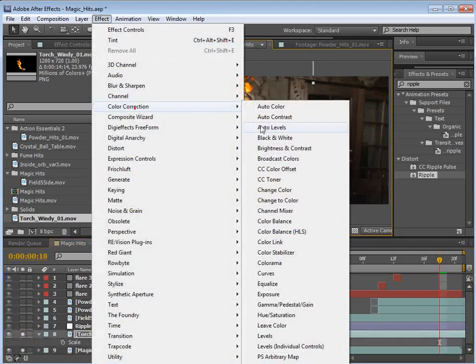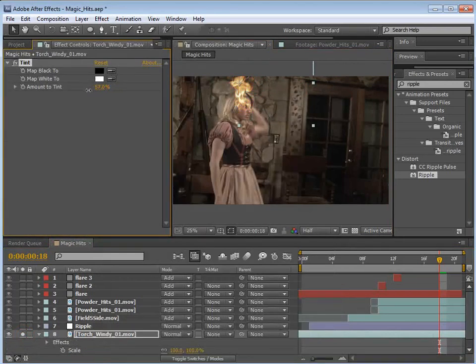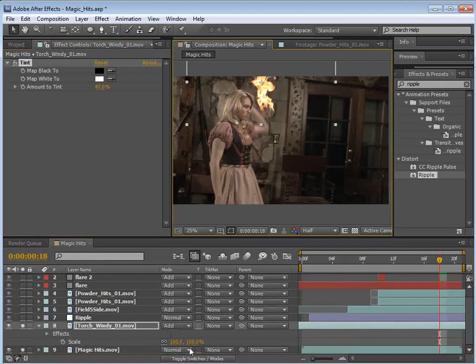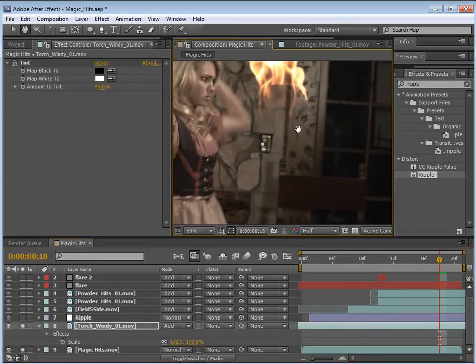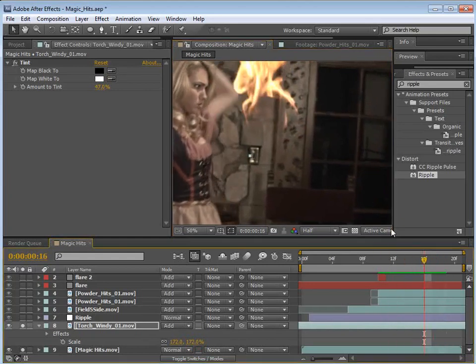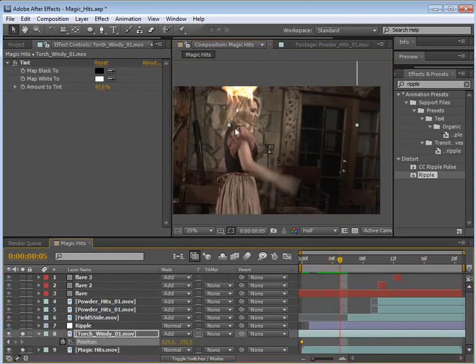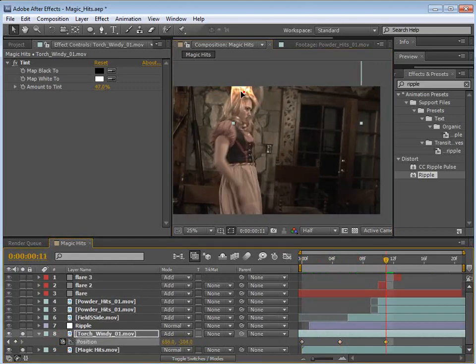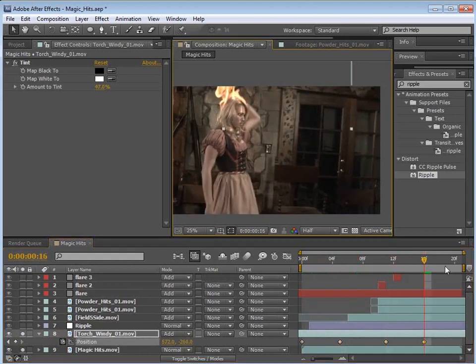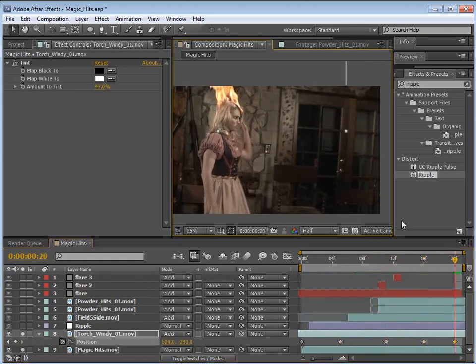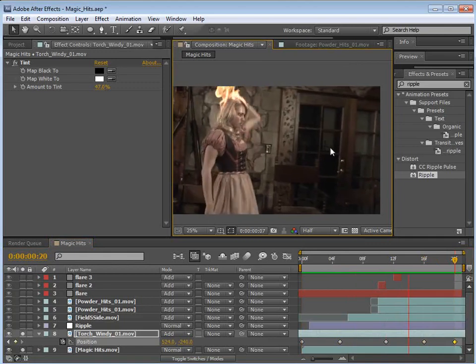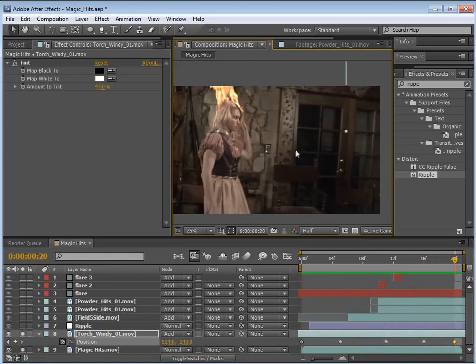Here, let's add a tint effect and set the transfer mode to add. So that's pretty good. And then what we can do is scale this up a little bit, and we can see right here where the fire is burning. And we can actually put this right on top of her head, and then if we hit P, we can animate it. So we just kind of follow the grooves of her head, and let's take a look. So it kind of looks like her head is on fire,